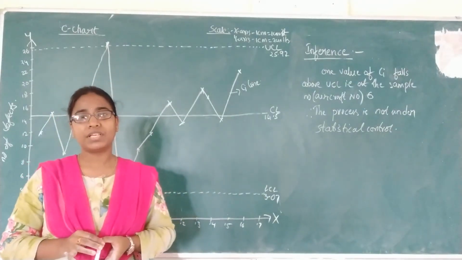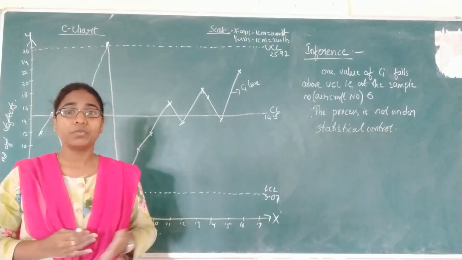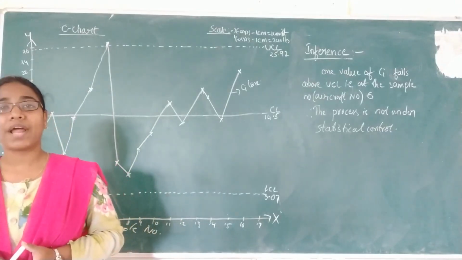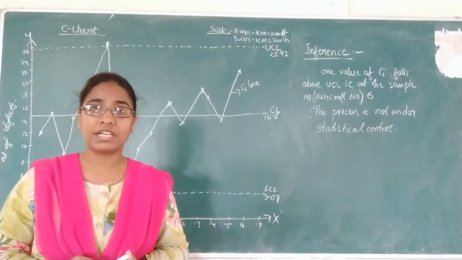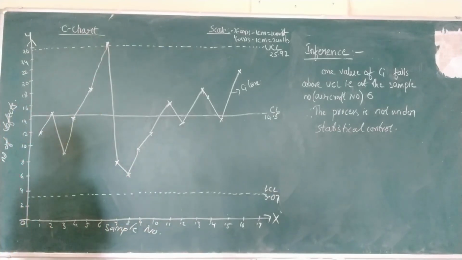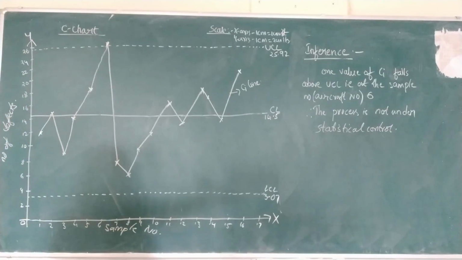And in second unit, the syllabus is very less also. So the C chart is a very important chart. So keep practicing this C chart and the U chart also, because C chart and U chart both are very similar. So we'll continue in our next class. We'll be seeing the other problems related to it.